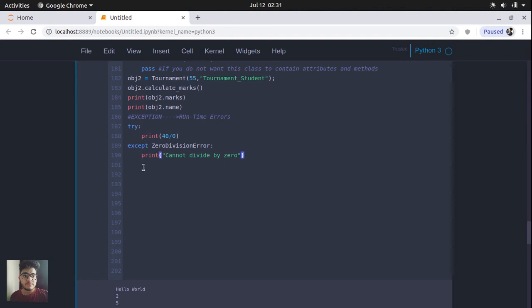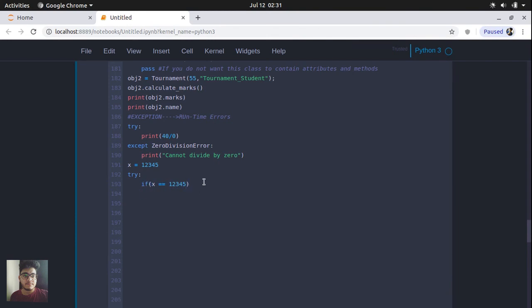So let's discuss one more example. Let me create a variable 12345. Let's suppose this is a password, and in the try block I will just write if the value of x is equal to 12345,